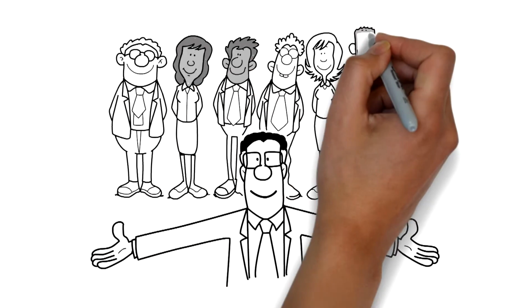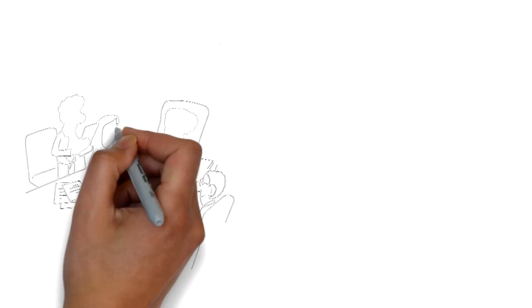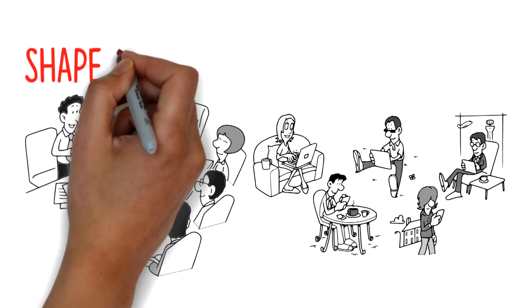Take the hassle out of room booking today and transform your workplace with our smart technology to shape the way we